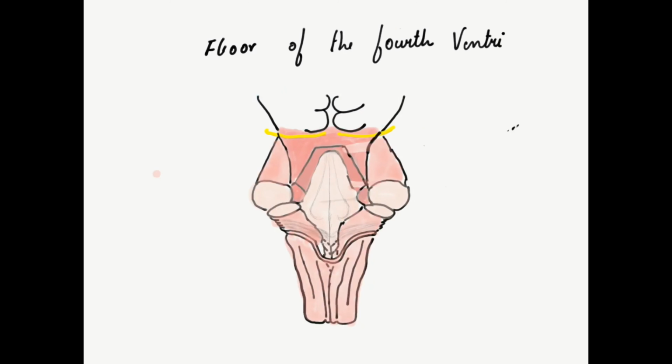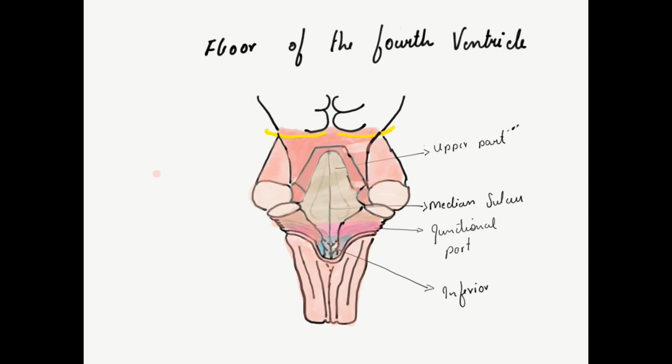One is the superior part, which is also called the pontine part. Then we have the intermediate part or the junctional part. Then inferiorly we have the medullary part. As you can see here, the superior part extends from the aqueduct up to the inferior margins of the cerebellar peduncle. The junctional part extends from the inferior part of the cerebellar peduncle up to the taenia, and whatever portion lies beneath it